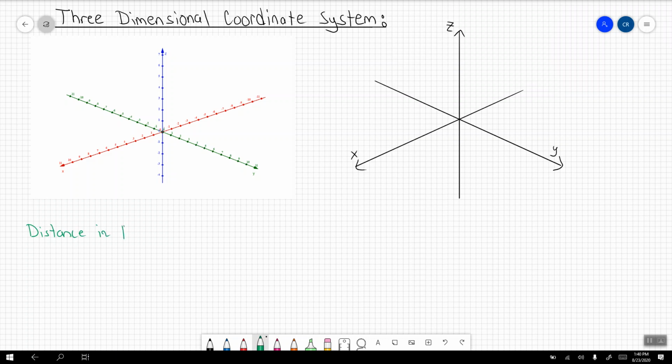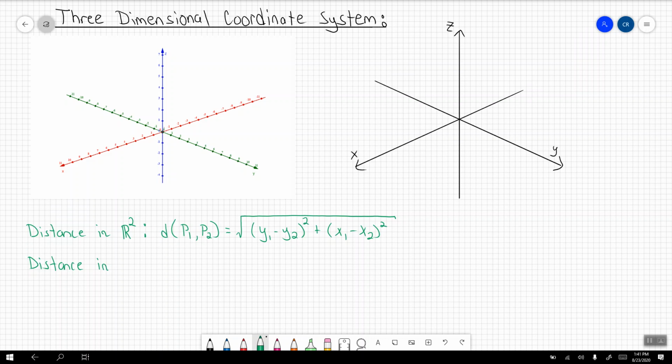And this is in R space 2. That distance formula can be written as the distance between point 1 and point 2 is equal to the square root of the sum of the square of the difference between the y coordinates and the x coordinates. There we are. Now, a distance in R space 3